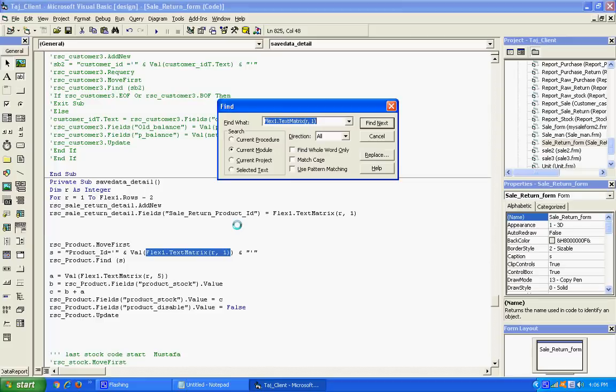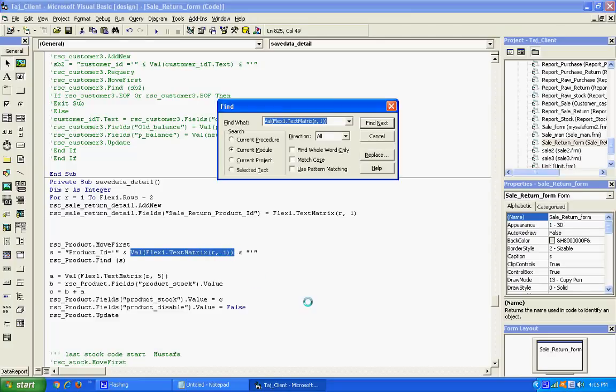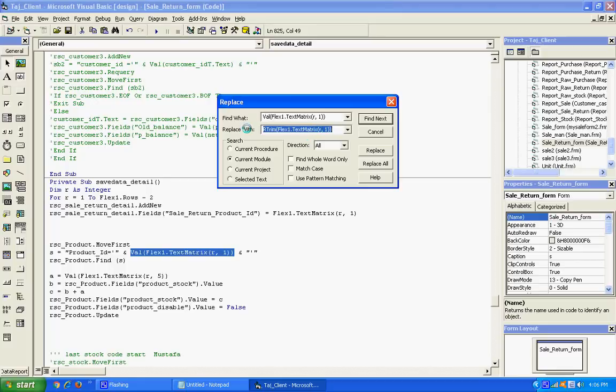Is this the problem? Yes. Control F, replace, Control C and Control V. Remove this and replace with this. There are 4 replacements done successfully.